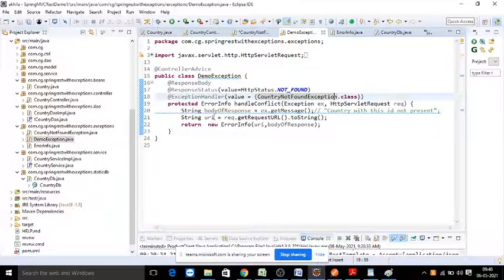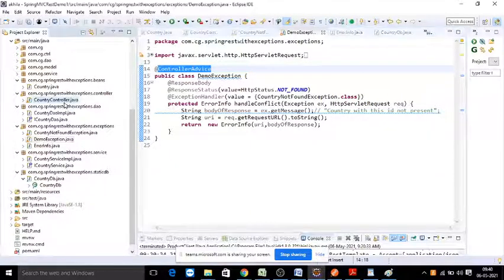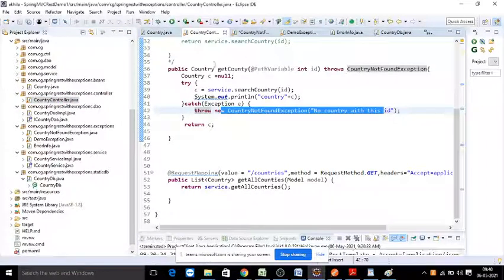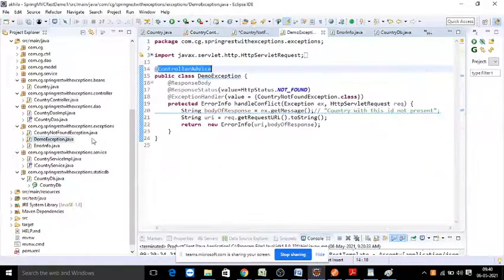Here is a global exception handler class with ControllerAdvice. It's a new class you need to write. Whenever you use ControllerAdvice and any controller is throwing an exception, for example the getCountry method throwing an exception whenever the ID is not present, at that time the ControllerAdvice intercepts, and within it, it will look for the exception handler and check your exception class name.